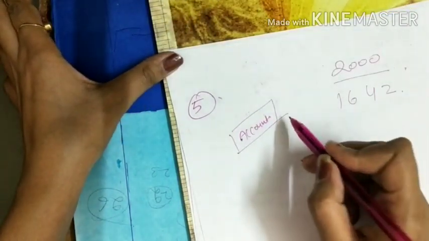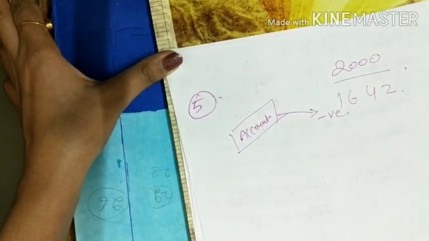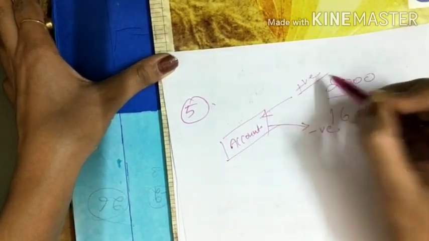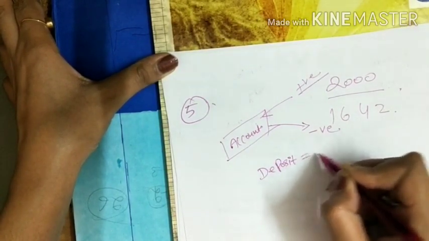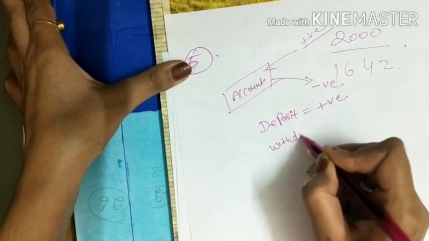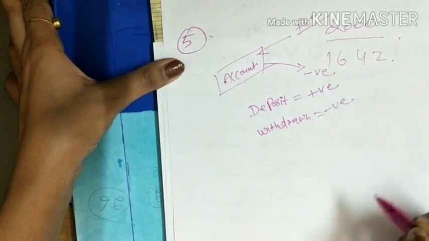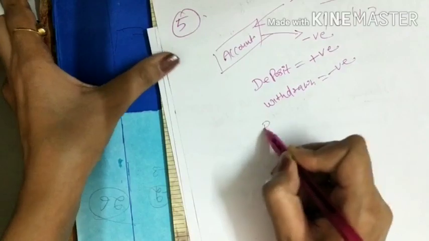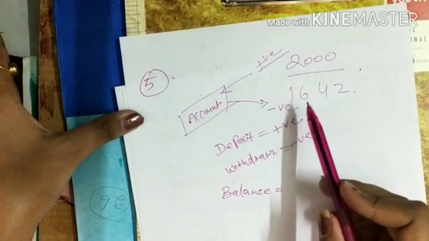If taking away money from a bank account is denoted as a negative integer, then definitely depositing an amount will be denoted as a positive integer. So deposit of an amount will be denoted as a positive integer and withdrawal of an amount will be represented as a negative integer. Now what we have to find in this question is what would be the balance in Mohan's account after withdrawing